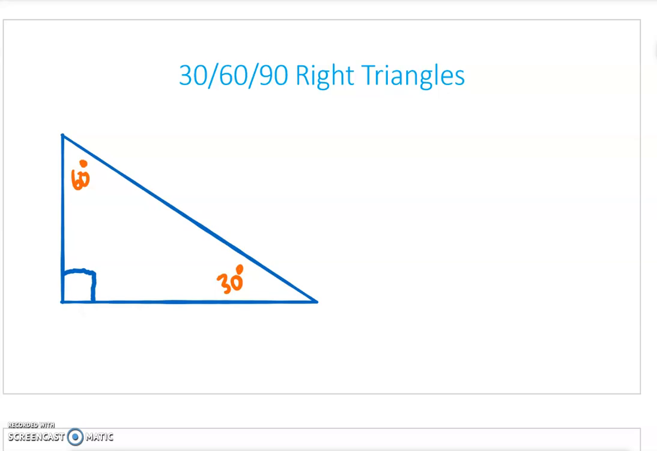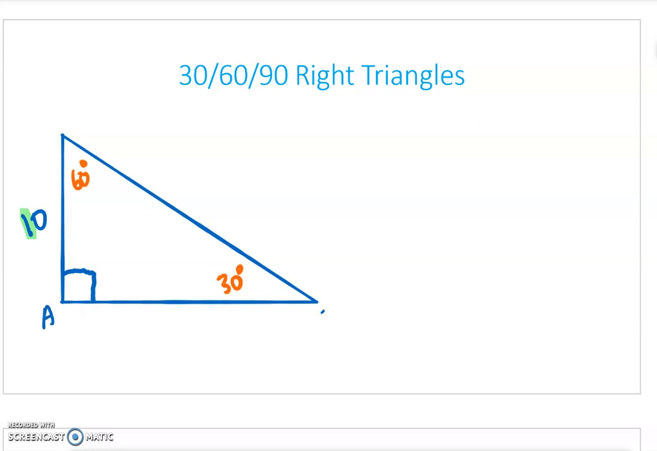There's one other type of special right triangle that you need to know about, and we call it the 30, 60, 90 right triangle. A little bit different rules than the 45, 45, 90. So let's say that this leg right here was 10 in length. I can use trigonometry to find the two other missing sides. For example, this leg right here,